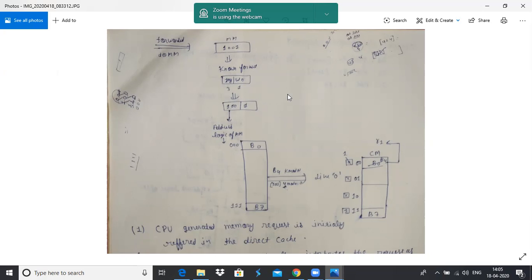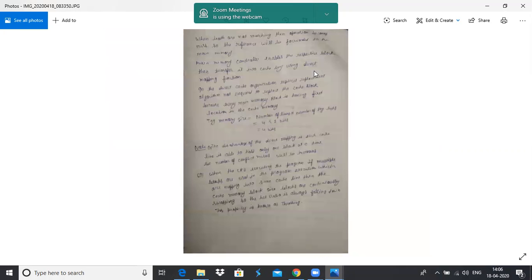Each block maps to the same cache line, but each cache line contains only one block at a time. So you will perform the replacement operation again and again, and the performance of the system will be decreased.